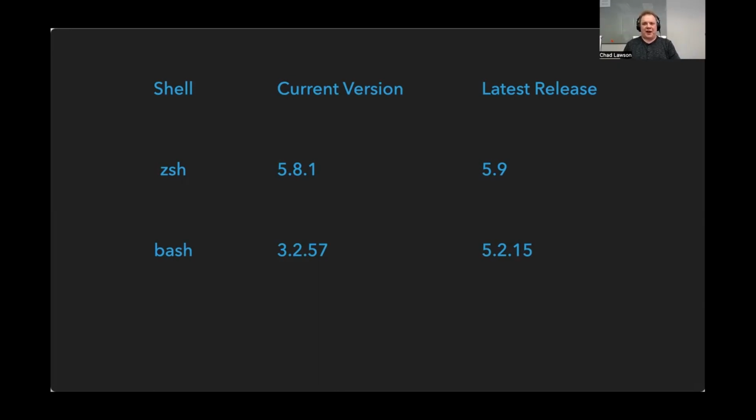Of course, Apple's not going to keep Bash up to date. It's no longer their default shell. Why would they care about anything that's not their default shell? The version of TC shell that is on my computer is as up to date as it was when Ventura released. So Apple is still even keeping TC shell up to date. So just to give you a hint, yeah, Bash is not getting brought up anytime soon.